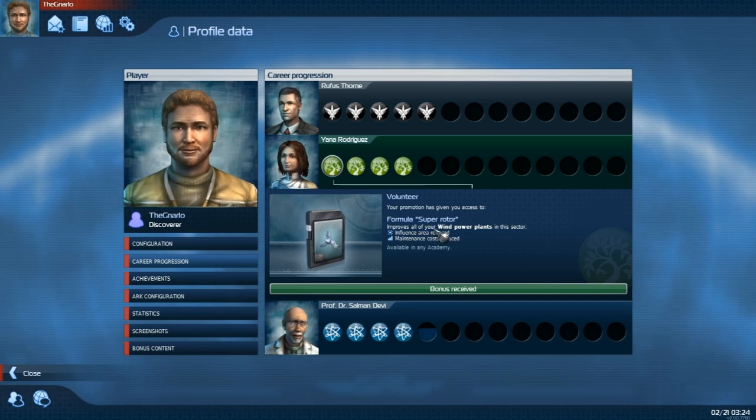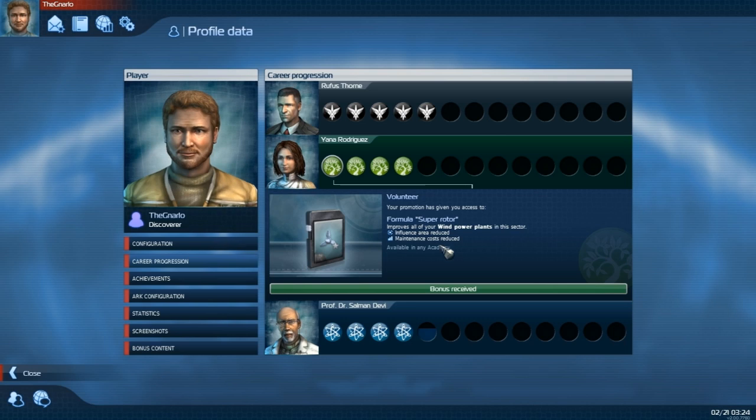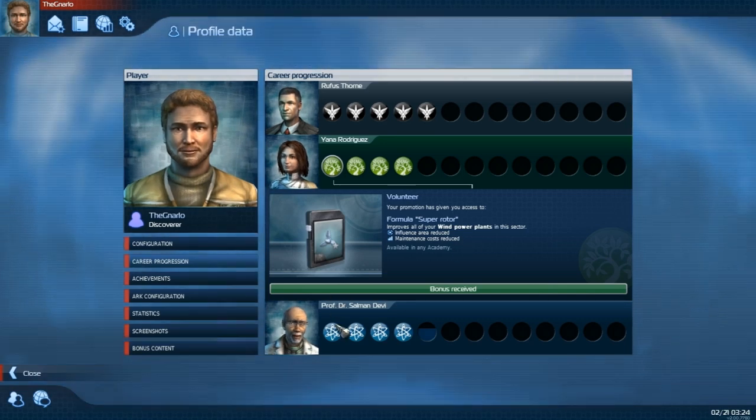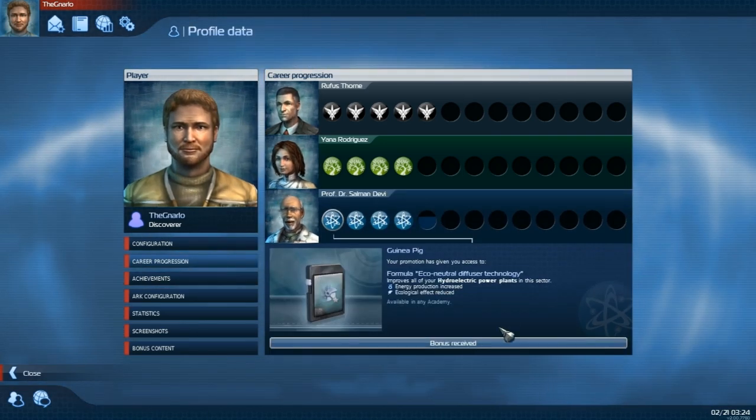With this faction, it's the same kind of thing. It's for power, super rotor, your wind power plants, that's your big turbines, wind turbines. The area of effect is reduced and the maintenance costs are reduced. And then down here,